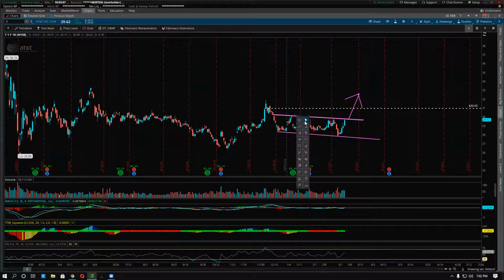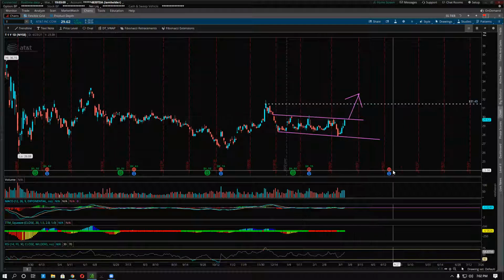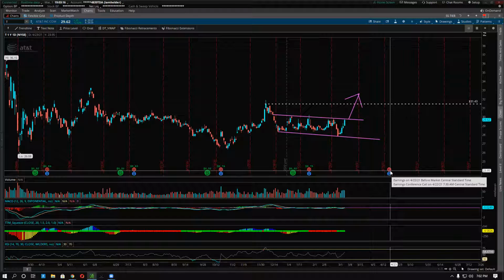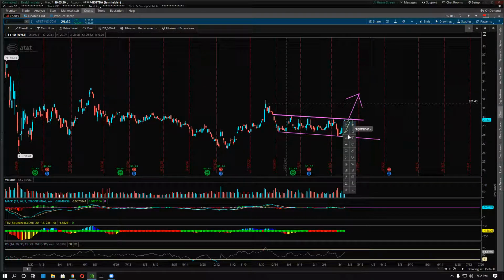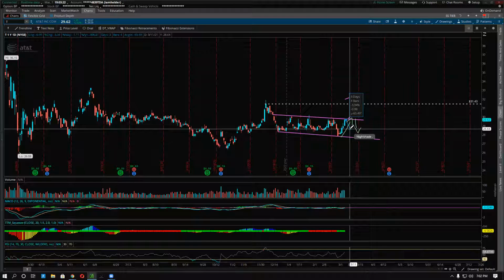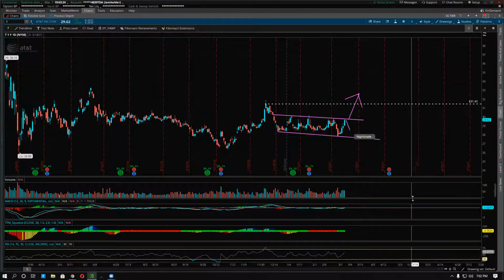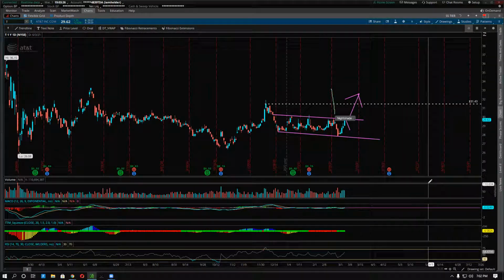So right here we have an example of something that's kind of ranging. This could be a price channel as well, but it's more of a very weak falling wedge. So this is expected to break upwards, but given that we just went straight up, four green candles in a row, we might actually reject this level and get shot back down. I don't know. Right here would be a good level for a breakout,